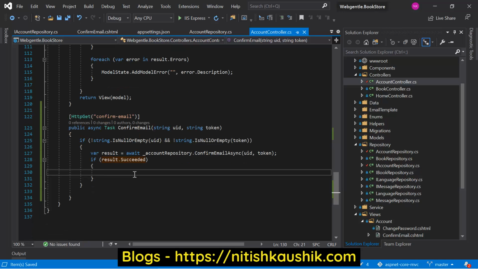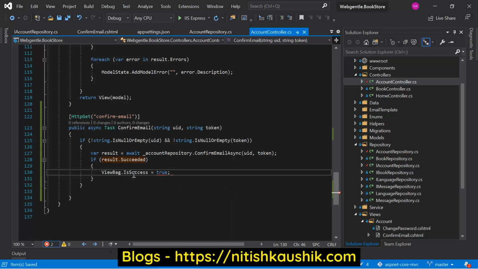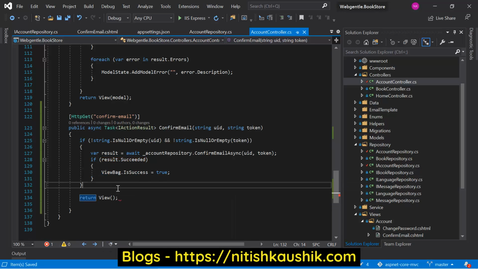If result is succeeded, then we can set some flag in the view bag. Let's use the same flag on our view.